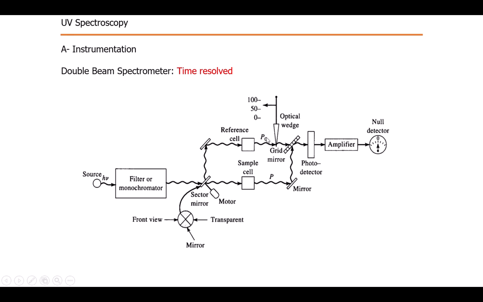Similarly to the space resolved spectrophotometer, P naught is the power emitted from the reference cell and P is the power of the radiation emitted from the sample cell. The difference is amplified from the same detector. Here you use only one detector for both the sample cell radiations and the reference cell radiations, and both radiations cover the same distance. The distance is compensated and they reach the detector at the same time, which is amplified, and the null detector gives the results.